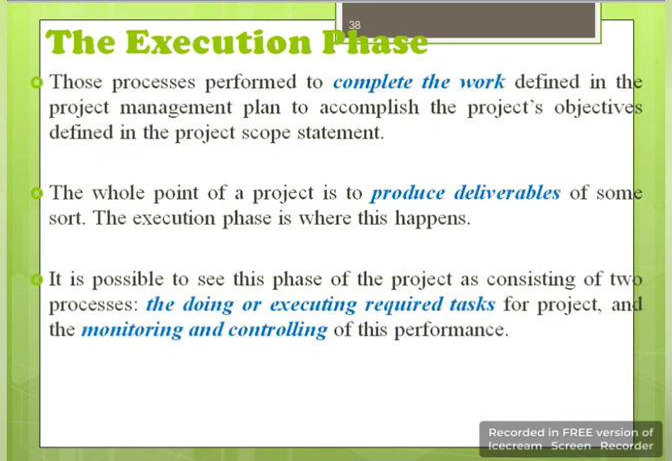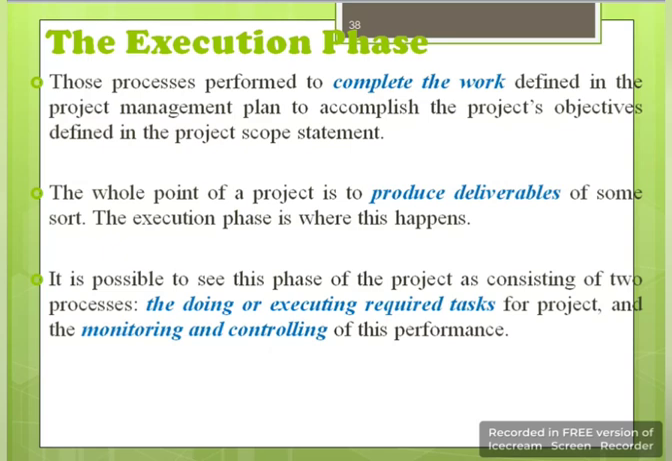3. The execution phase. Those processes performed to complete the work defined in the project management plan to accomplish the project's objectives defined in the project scope statement. The whole point of a project is to produce deliverables of some sort. The execution phase is where this happens. It is possible to see this phase of the project as consisting of 2 processes: the doing or executing required tasks for project, and the monitoring and